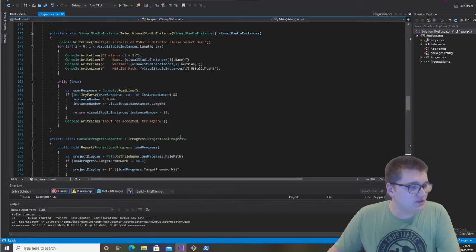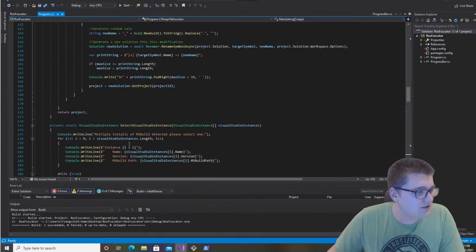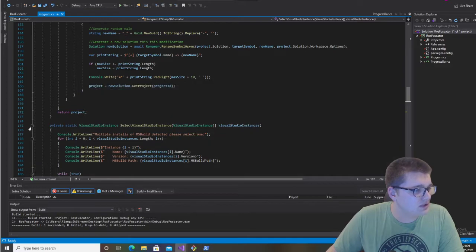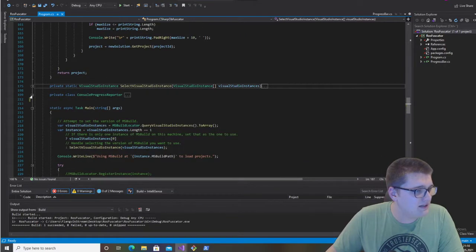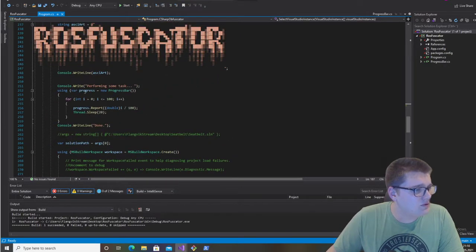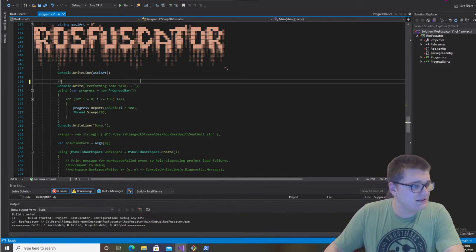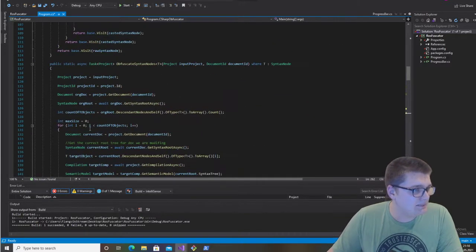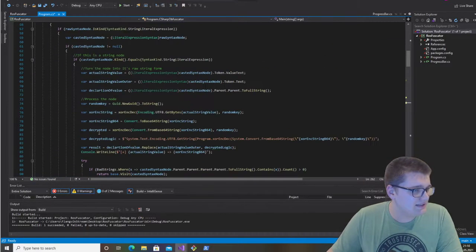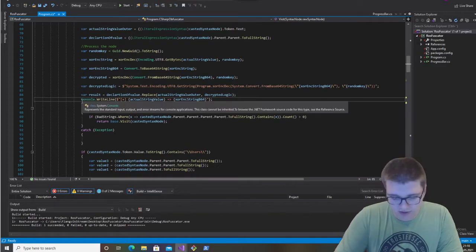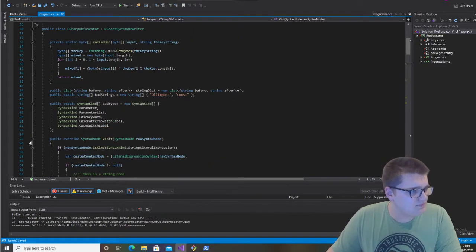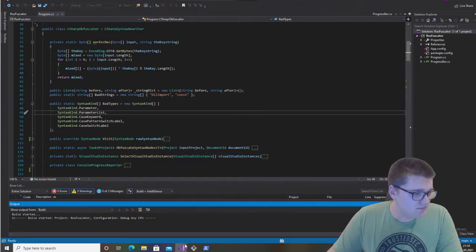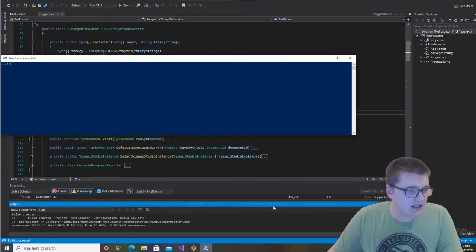I'm gonna just remove some console write lines here, or this is going to be way more than I asked for. So I'm just gonna hide this method right here, and then this, and then I'm going to comment out this. And I'll just start off by showing you how a seatbelt looks after obfuscation. Hide this, comment out the console write line here, don't need that. Yeah, basically. So I build it, and then I basically